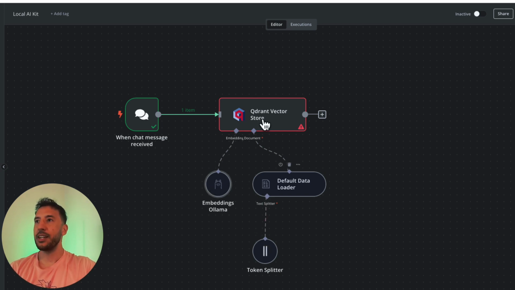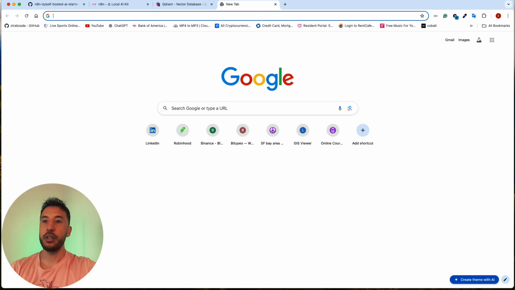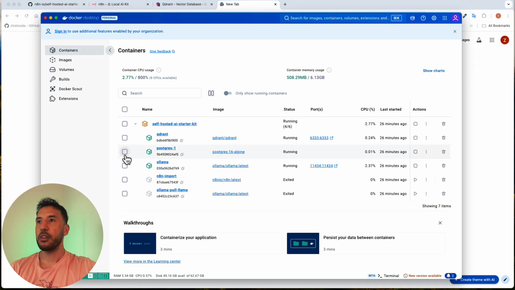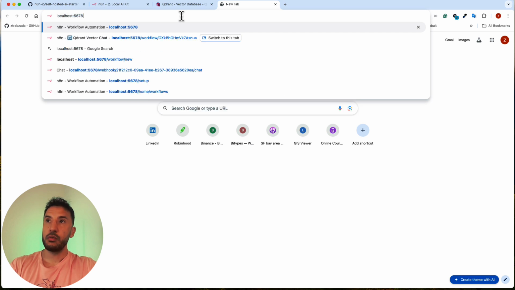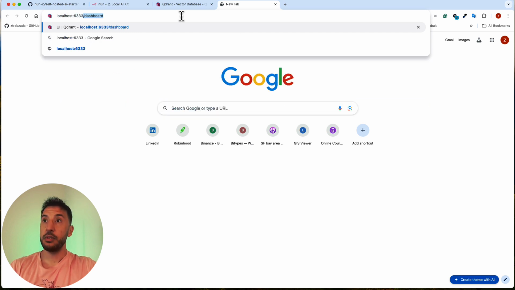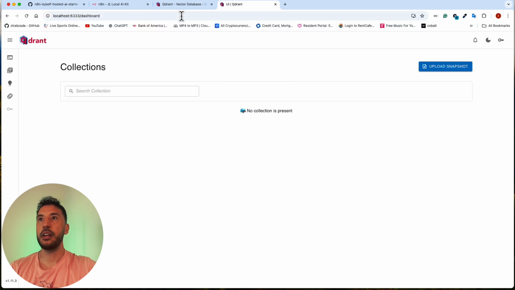Okay, so now let's go ahead and test this thing out. Another great thing about Qdrant Vector Database is that you can check out the dashboard through your localhost. The way you find that is if you go to your Docker containers, Qdrant right here says it's running on 6333. So let's go to localhost and go to 6333/dashboard. Make sure you put the /dashboard there. I'm going to press enter, and there you go. So this is your collections right now. This dashboard is empty. There are no collections here because we haven't uploaded anything, but let's go ahead and do that.